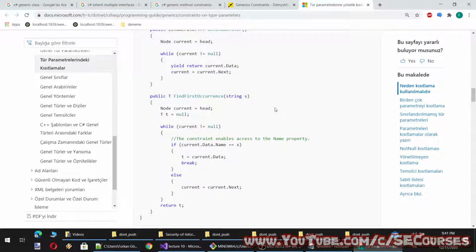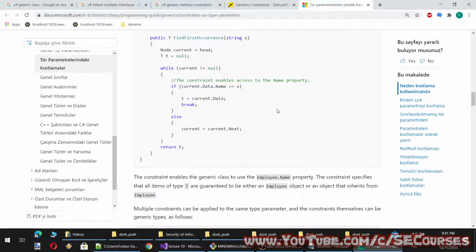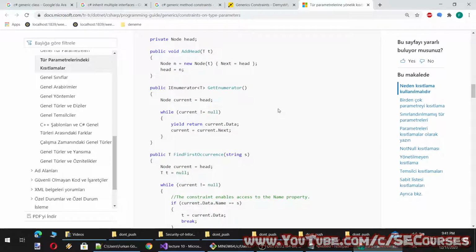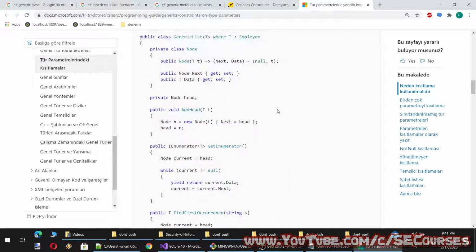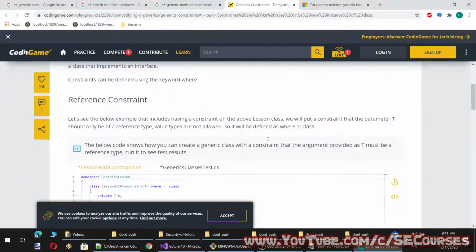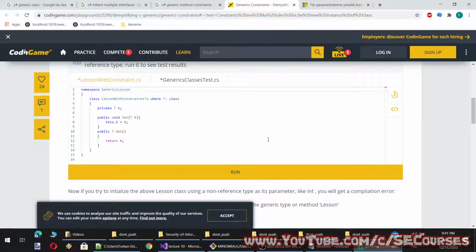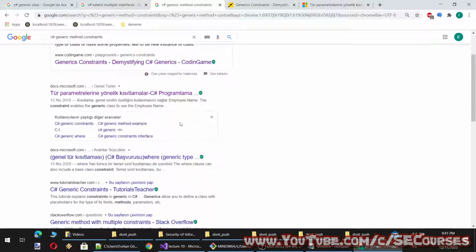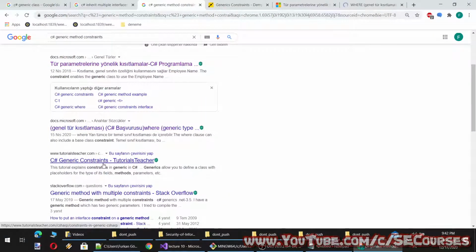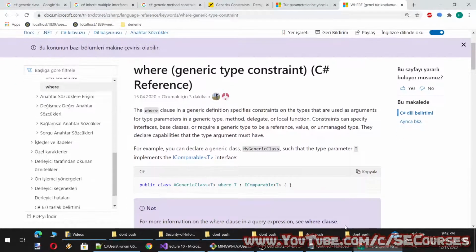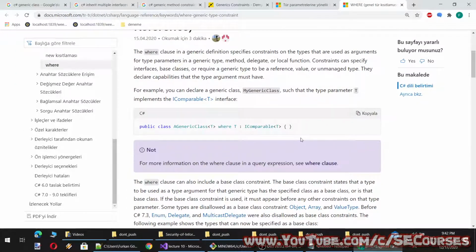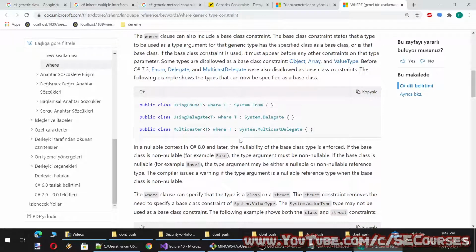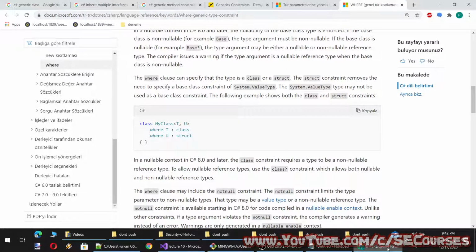No, not this one. Maybe we are not able to define generics in methods. Yeah, okay, I know the reason.